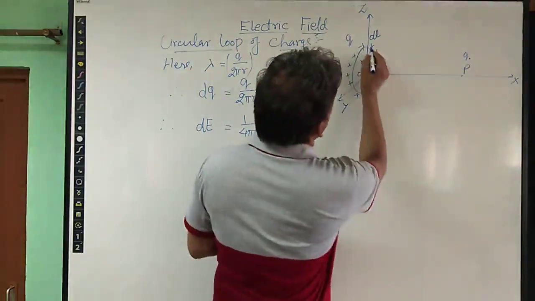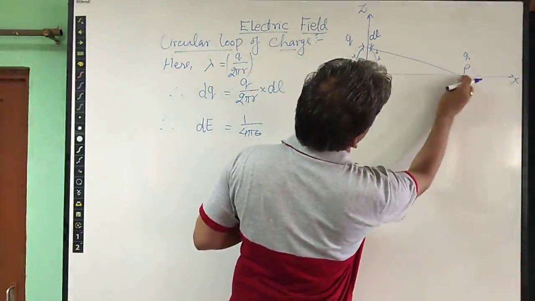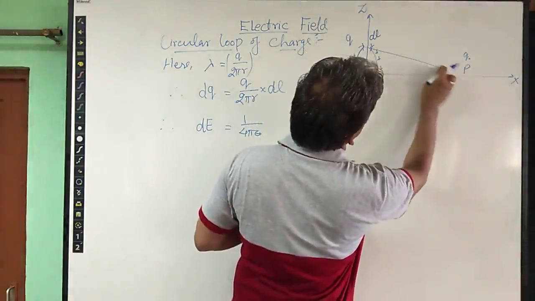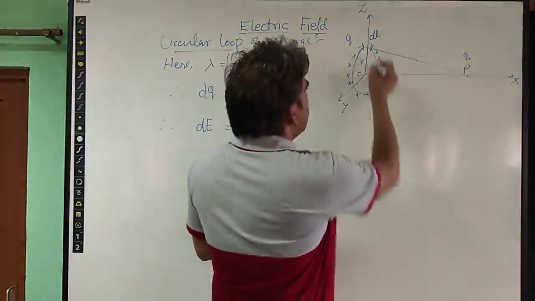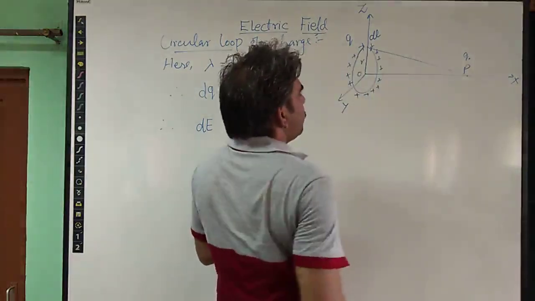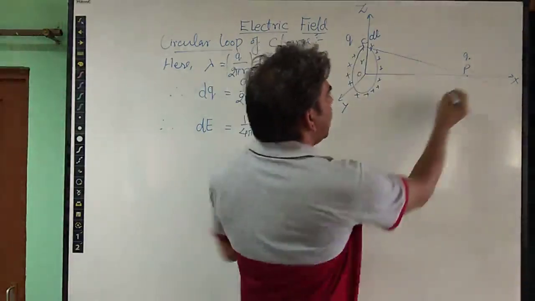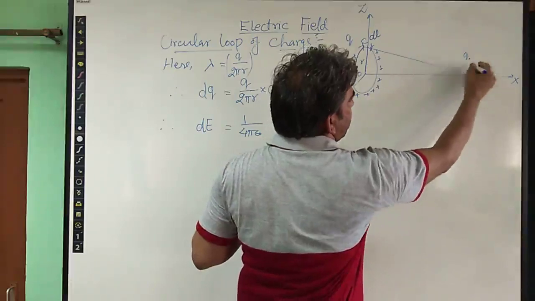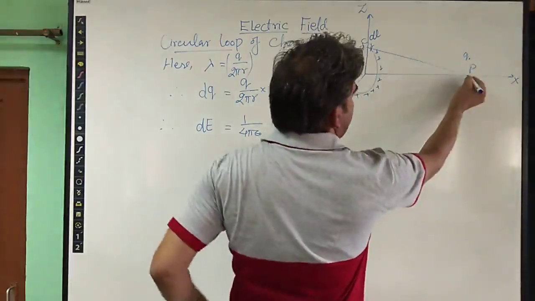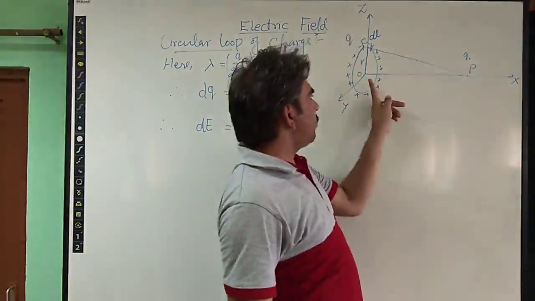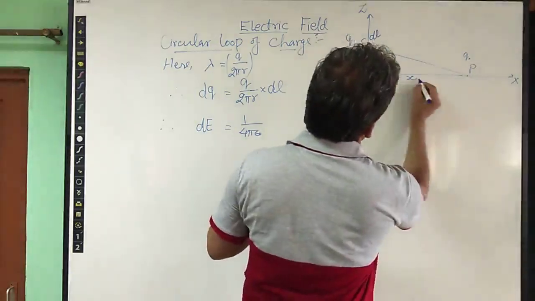So whose position is this with respect to the elementary portion? You can take this elementary portion to be at point C, for example, and this is the observation point P. So this CP is the distance, and point P is lying at a distance from the center of the loop, which let it be taken as x. So this distance is x.